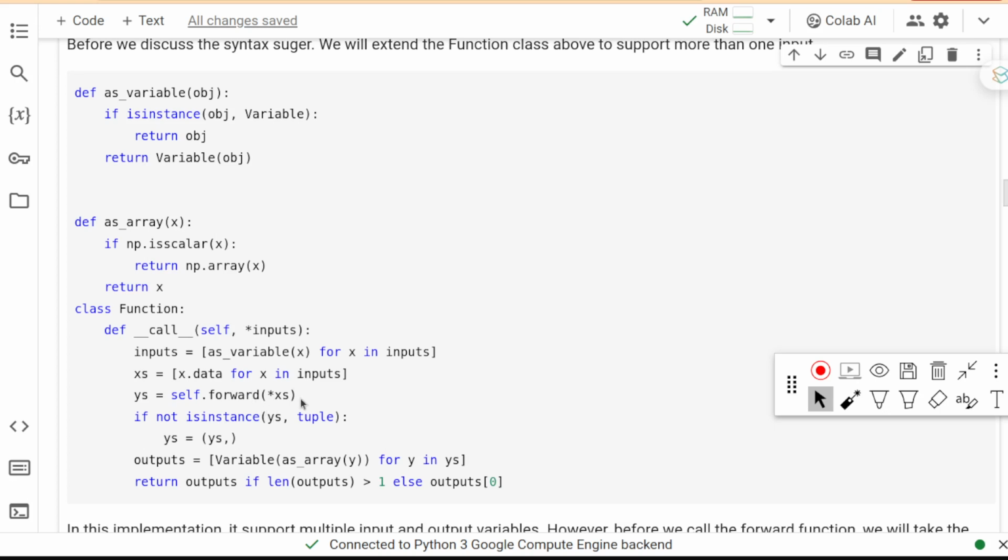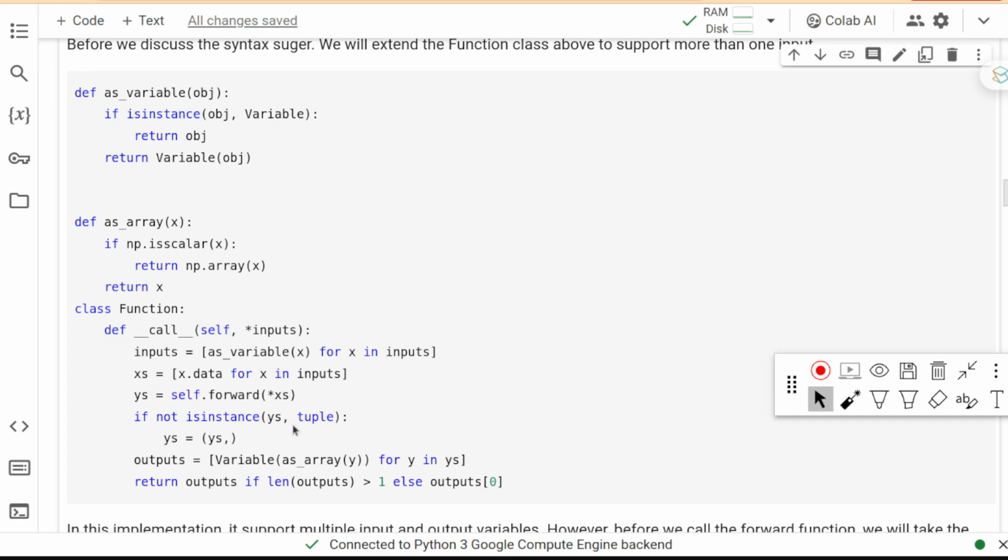So in the forward function, we can use one argument, two arguments, any number of arguments, and then the forward function should return ys. Ys could be a single variable or a tuple with multiple return values.